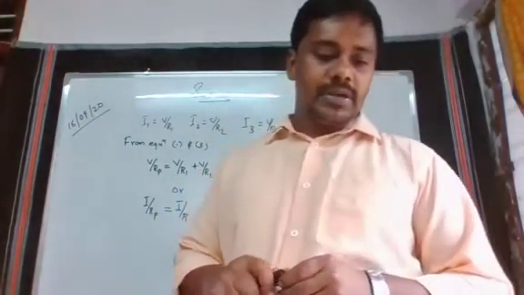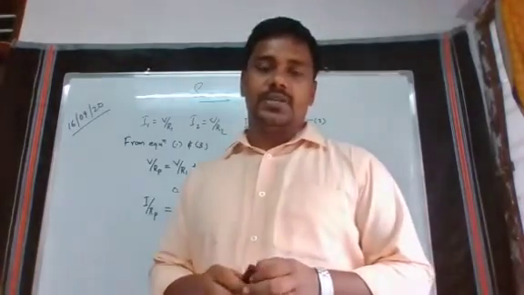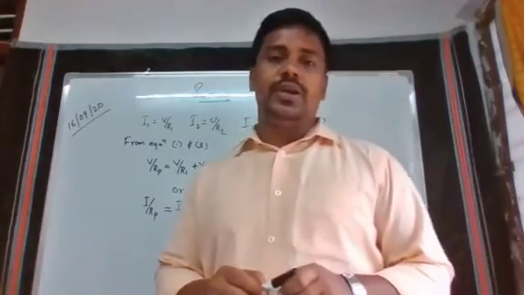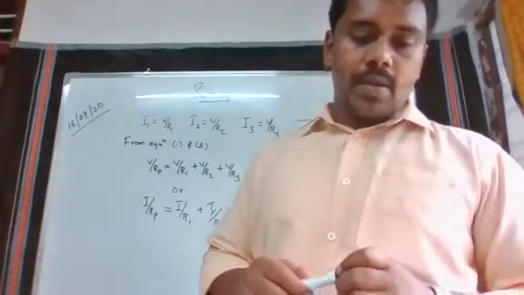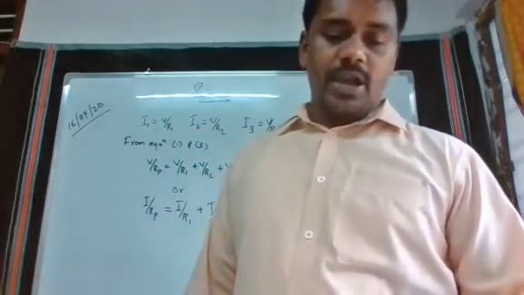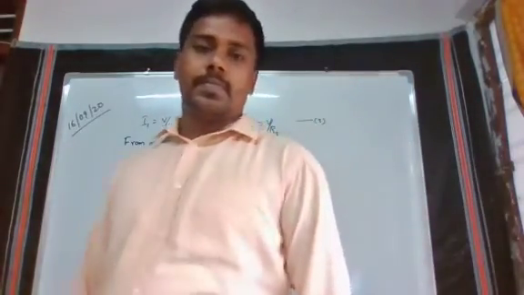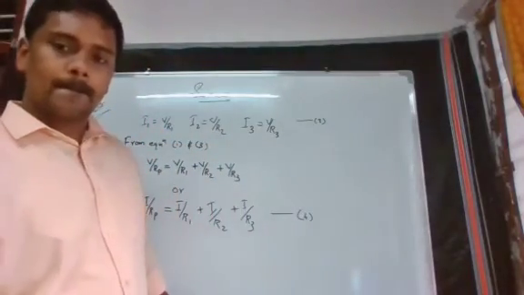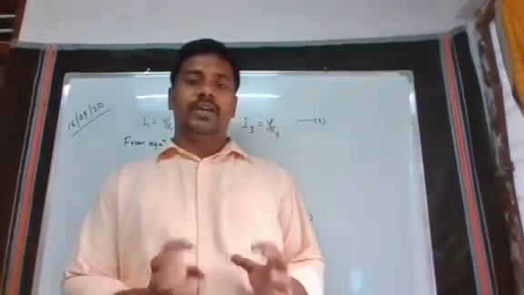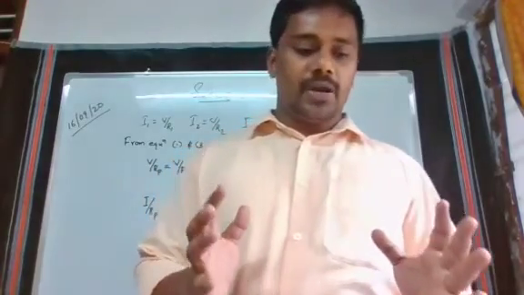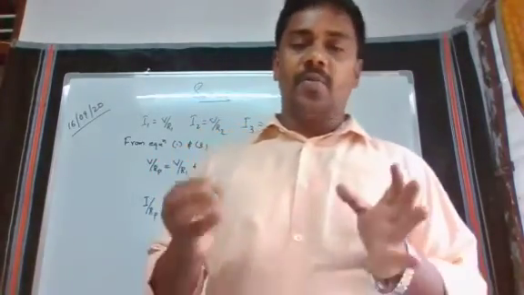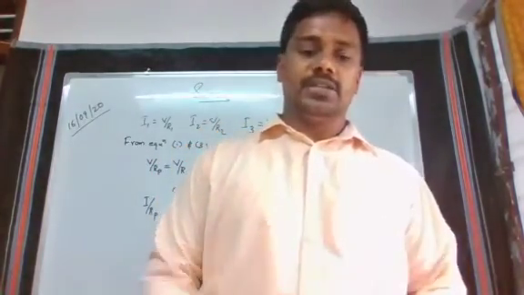Okay, finally we will get like this, and from this we can conclude that the reciprocal of the equivalent resistance of a group of resistors joined in a parallel combination is equal to the sum of the reciprocals of the individual resistances. From resistors connected in parallel, we can conclude that the reciprocal of the equivalent resistance of a group of resistors connected in parallel is the sum of the reciprocals of the individual resistances.